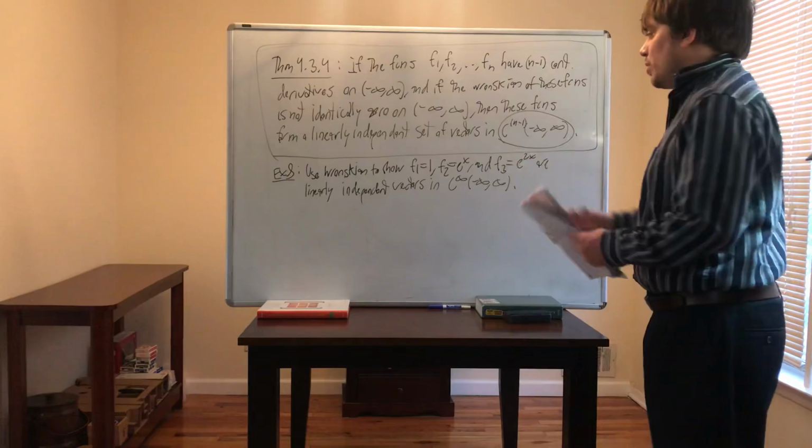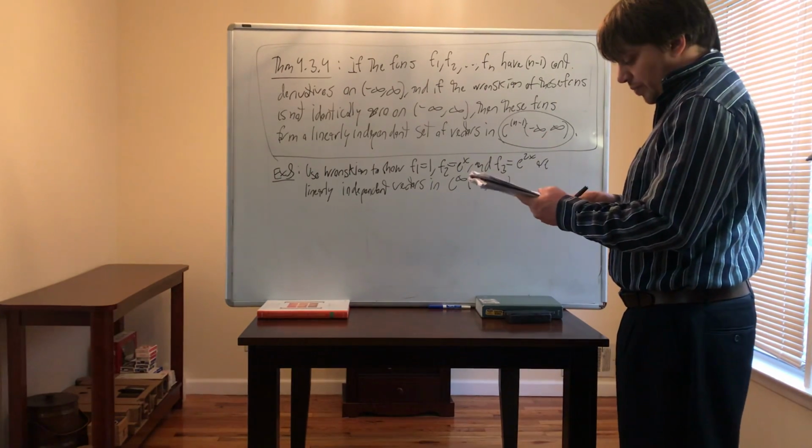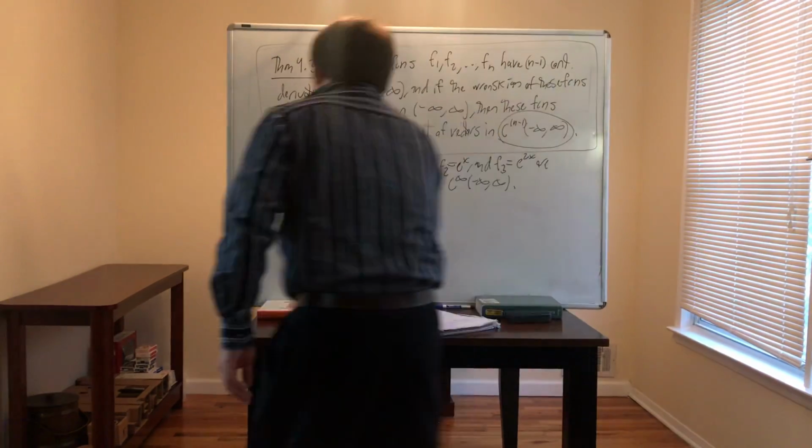Okay, so we're going to use the Wronskian to show that those three functions are linearly independent vectors in C infinity. Okay, and so the solution